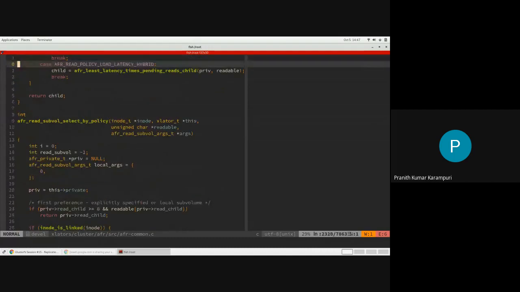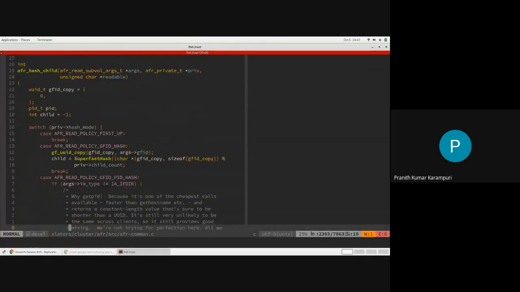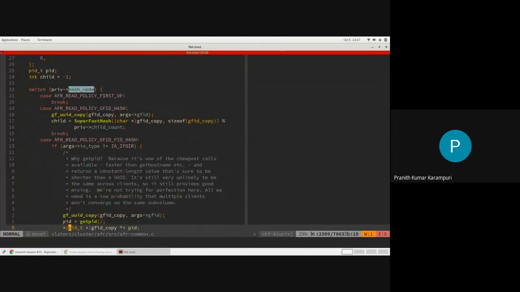Where is it? So the fifth one is the default now. No, the second one is the default always. So this hash function is the one which has all these policies. Hash mode is the option you can use to change things if you don't like something, based on your use case. Based on that, it will do the necessary things. First up, GFID hash, then GFID and PID hash.